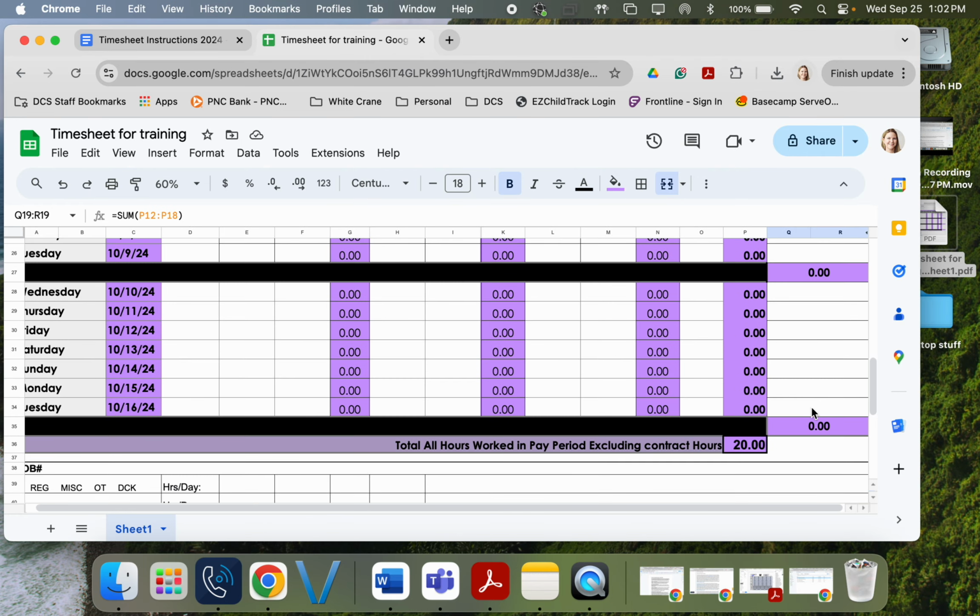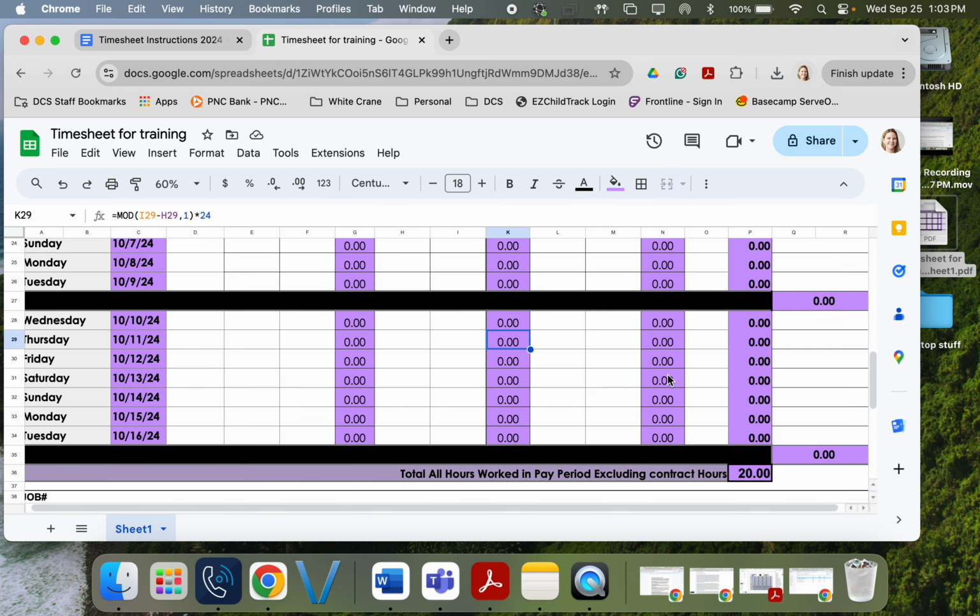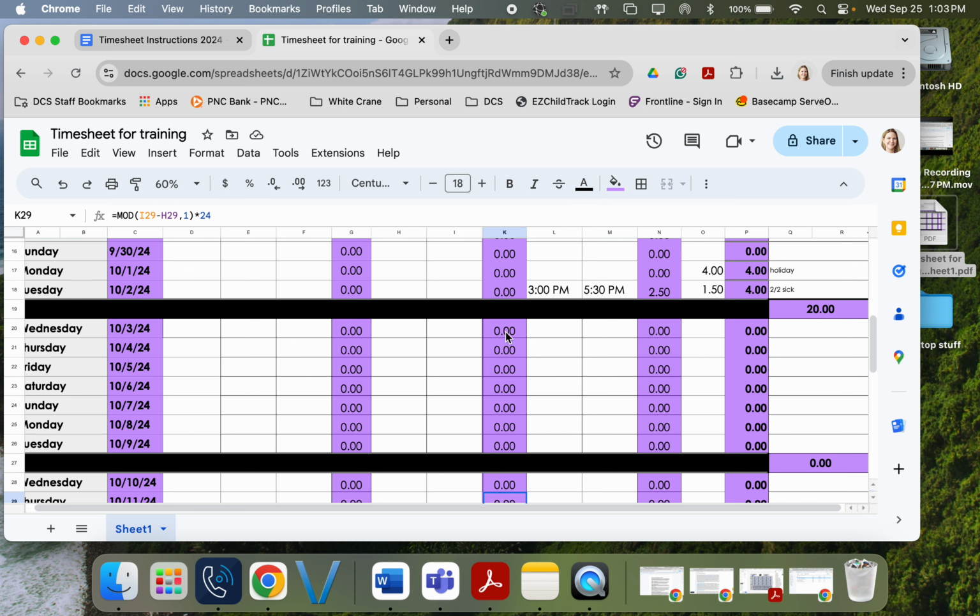You also want to make sure that it totals correctly down here on this total for all hours worked. The big, most important thing I want you to remember from this is do not type over or delete any of the items in these purple columns. All of these purple columns contain formulas, and the formulas are calculating your hours and adding everything up for you. And so if one of those gets deleted or changed or typed over, it's not going to work correctly,